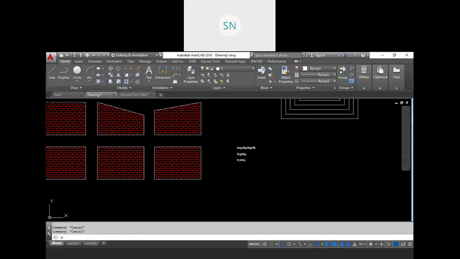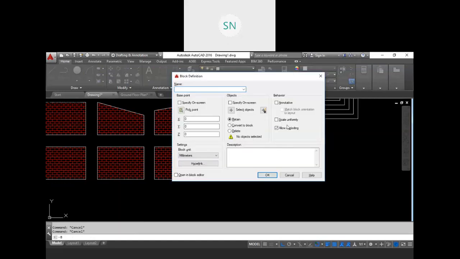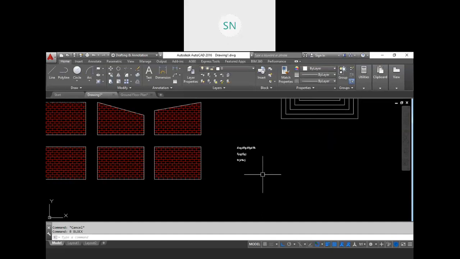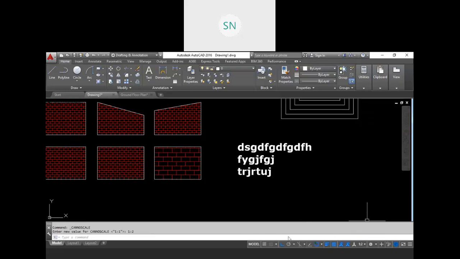Type B, enter for the block, and also here we have annotative. Can we apply scale to text directly? Yes, we can. The SC scale command is applicable, but this individual scale we have will also affect it.